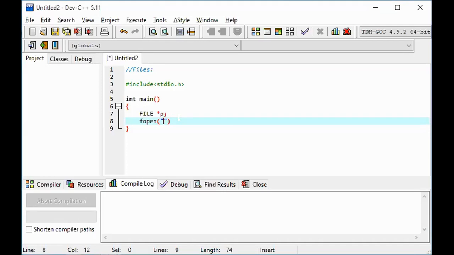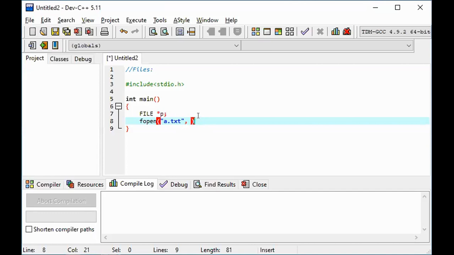Let me call this a.txt, right? So I want to create a file on my computer, a.txt. If I don't mention the path, it will automatically be stored in the documents folder of my computer. So a.txt file I want to open, but